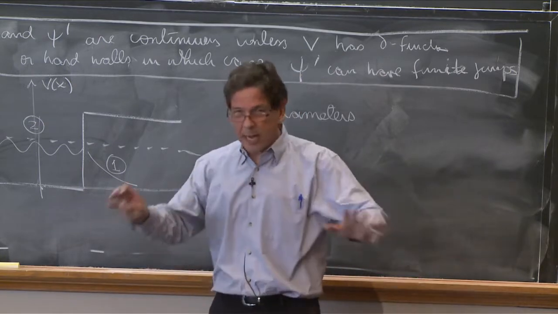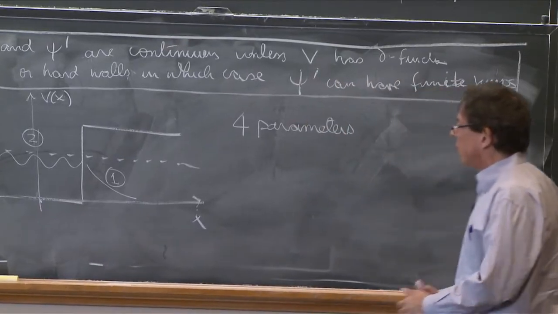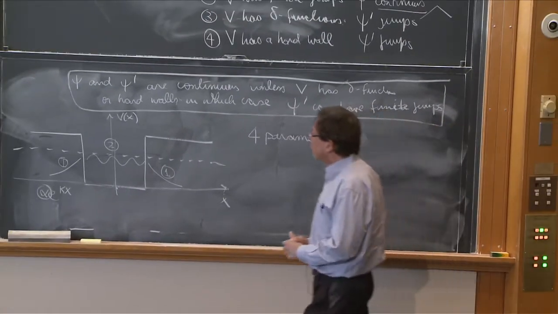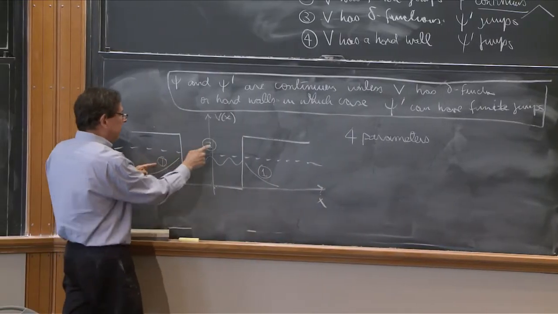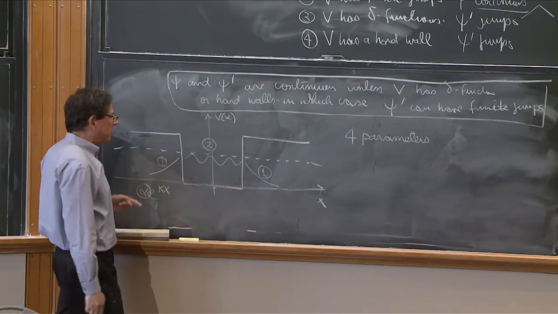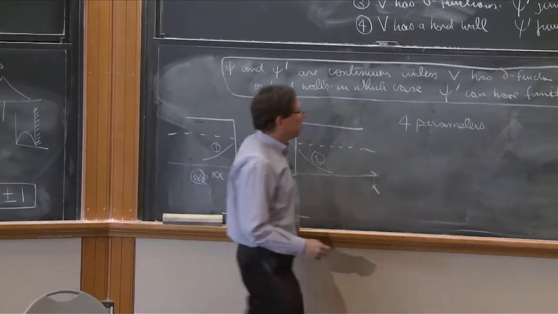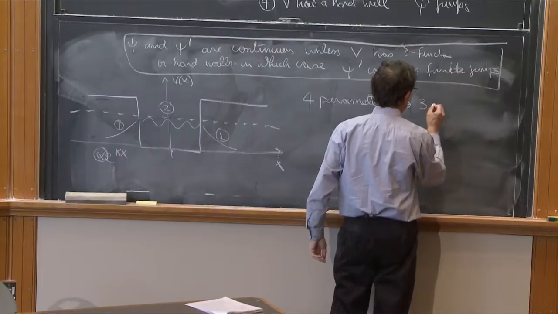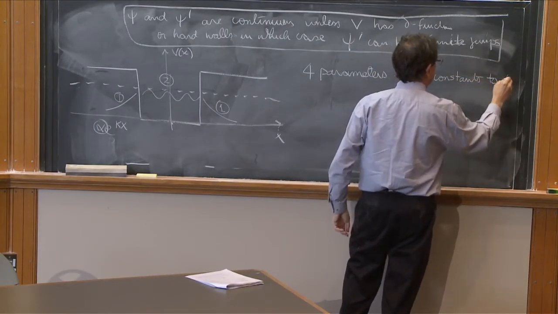That's all I have to check. I don't have to check normalization. Normalization, in fact, is sort of irrelevant here. You just need to know if a bound state exists. So indeed, even though you have these 4 parameters, given that you can multiply the solution by a constant, there's just 3 constants to fix.